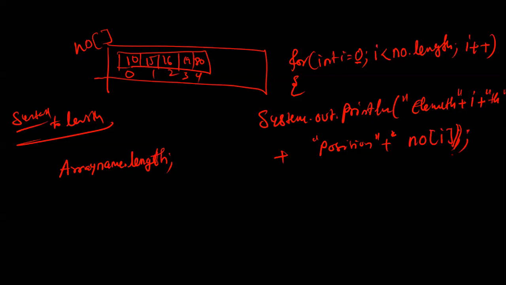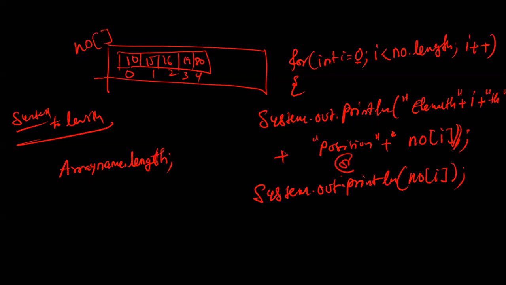Either you can print like that. If you do not want to add any extra text like elements and positions, you can just write it like this also. This also will print the array: System dot out dot println num[i]. Any one line you can write. Both print the array. So 5 times, 5 locations, iteratively it prints the array. Okay, students, so this is today's